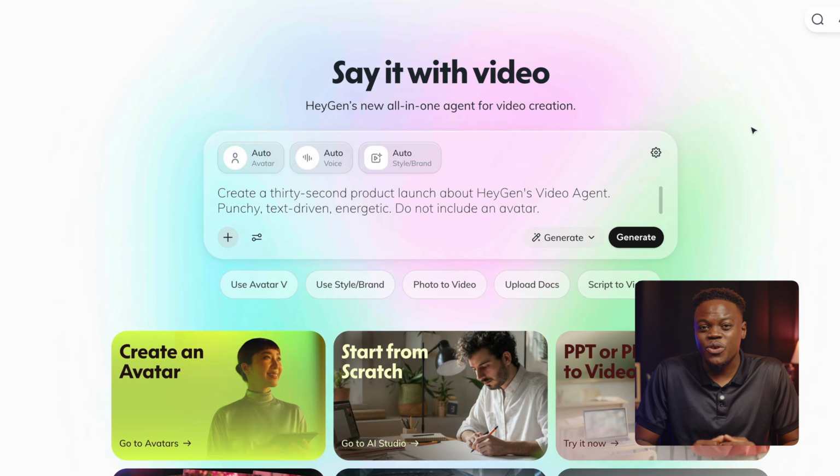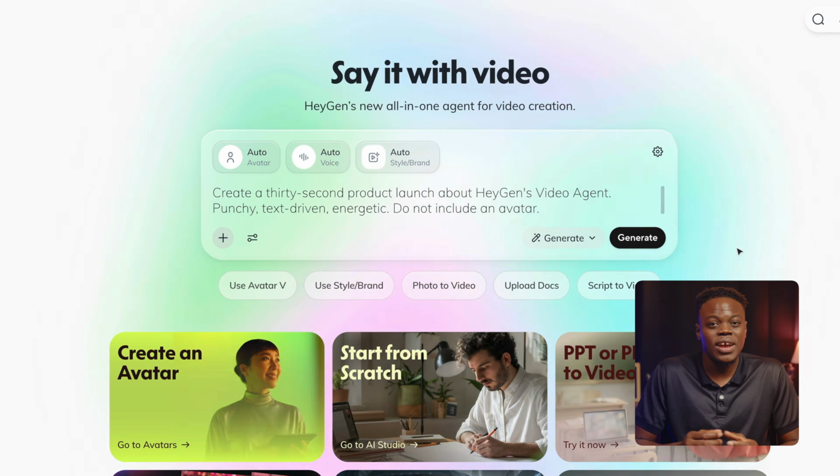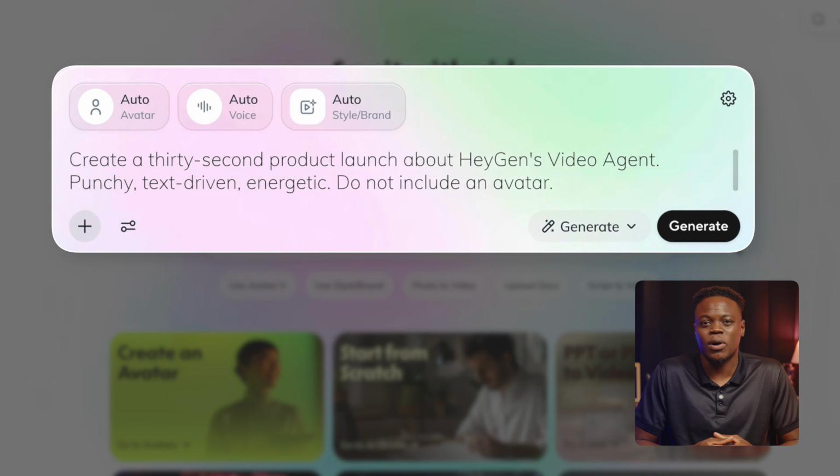Inside of HeyGen, you can navigate to the chat and enter your prompt into the text area. Here's the prompt I'm going to use. Create a 30-second product launch about HeyGen's Video Agent. Make it punchy, text-driven, energetic, and do not include an avatar. This is the entire input. Notice the last line. I'm telling Video Agent not to include an avatar. For the social teaser launch, the text and motion graphics carry the whole story, and so a talking head would